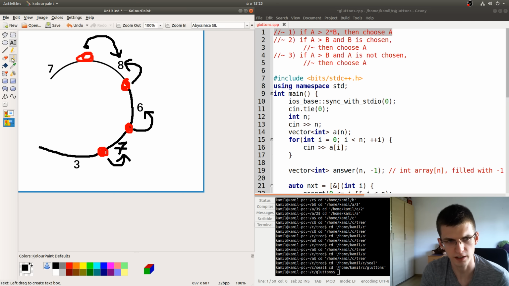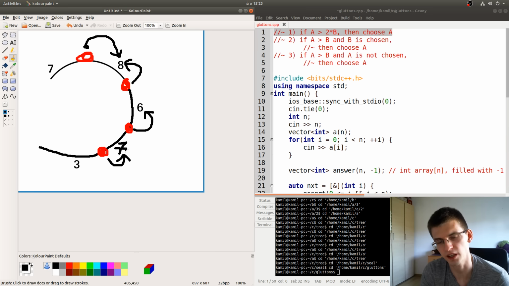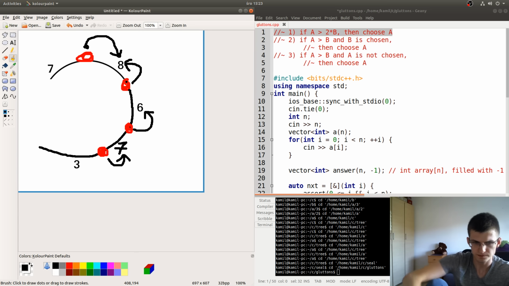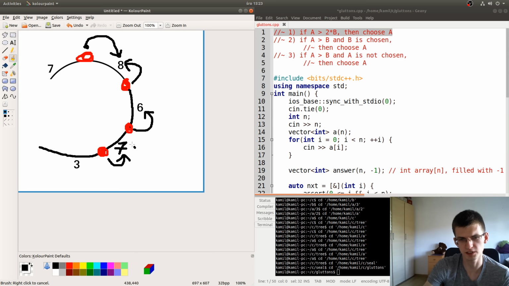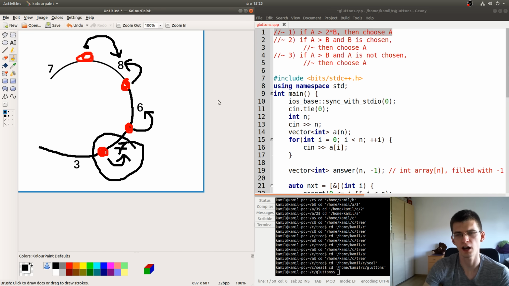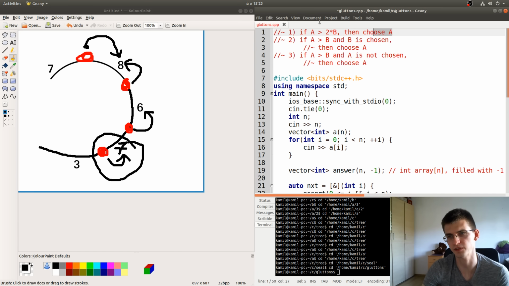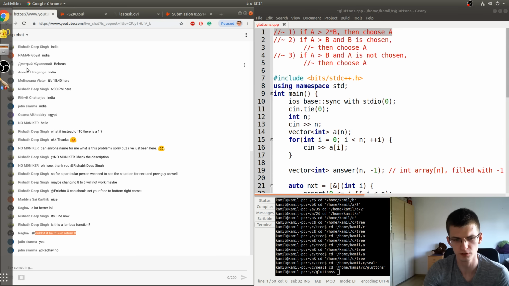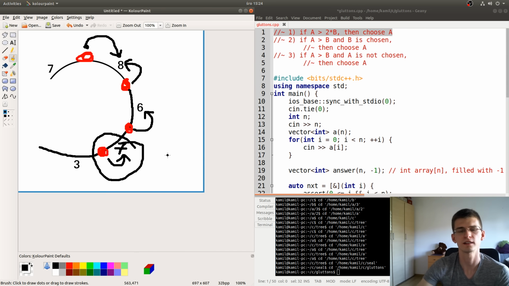So here, yeah, indeed, this 7 had to be taken. And then this 6 had to be taken, then this 8 had to be taken. So now it's possible. But this is a scenario coming from that first phase, with some value being 2 times larger than the adjacent value.